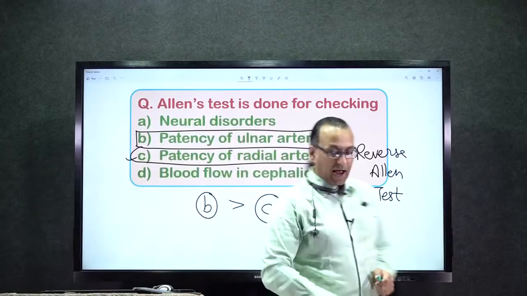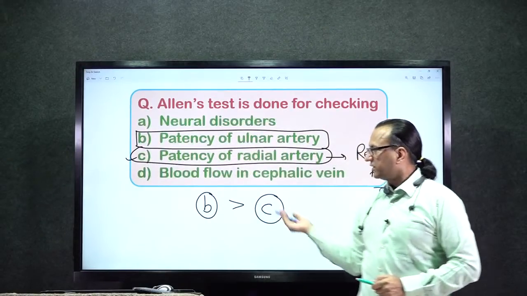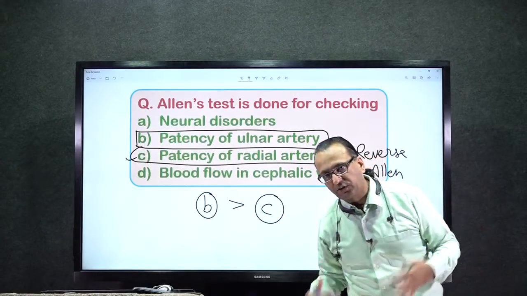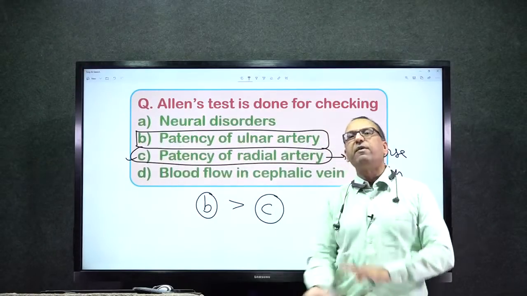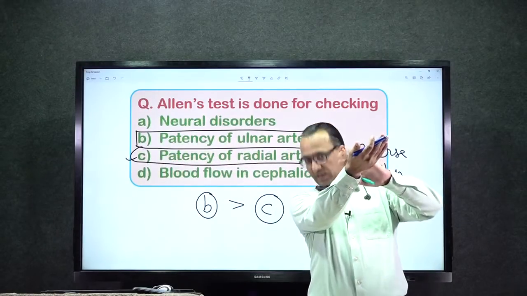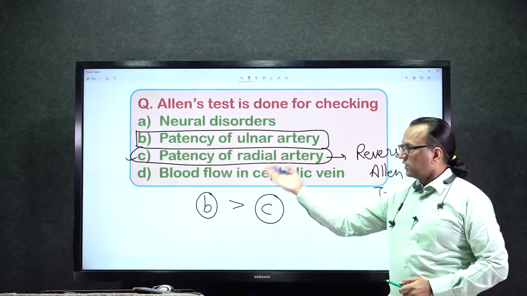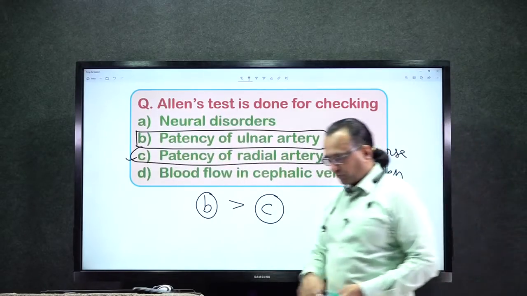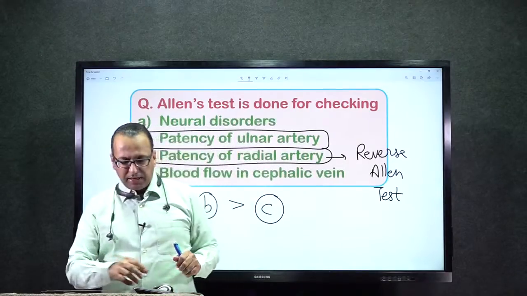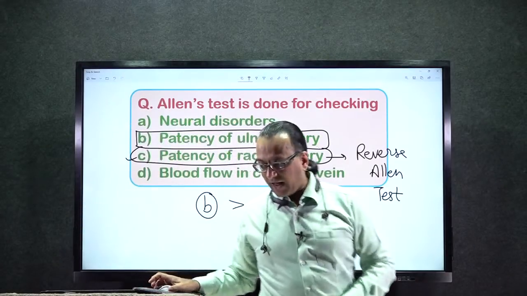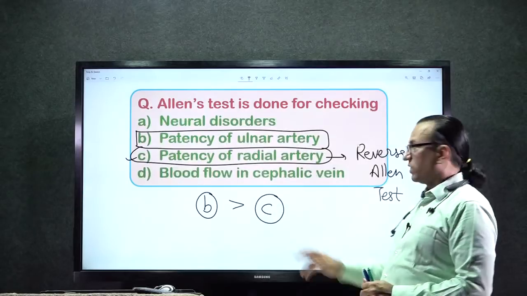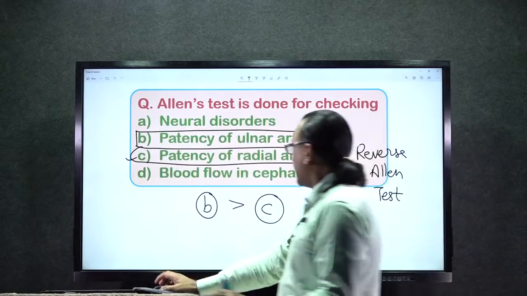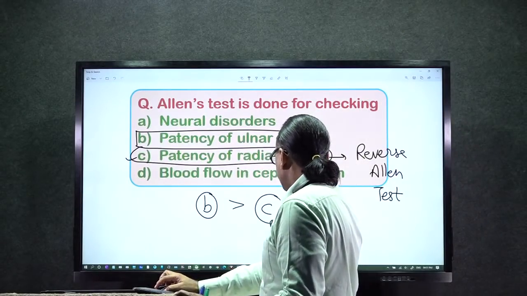Be careful. And in that also, B is a better answer than C, because normally Allen test is for checking patency of the ulnar artery before you take a radial artery blood sample. That is why. Otherwise, C is a specific answer for reverse Allen test. So, examiners keep playing some tricks, and you must be ready with the answers. Now, as we proceed further, you will see